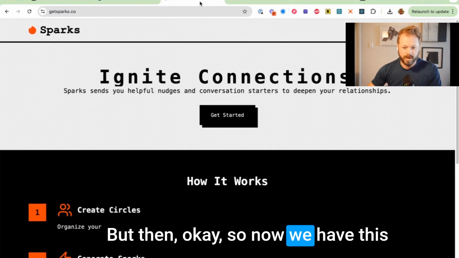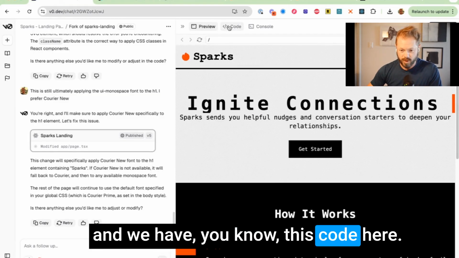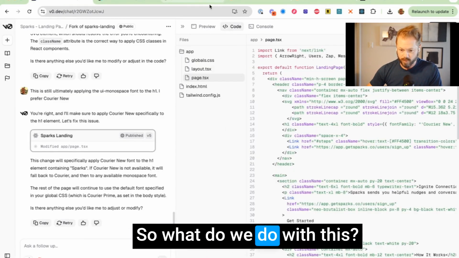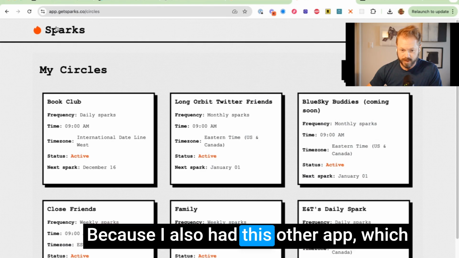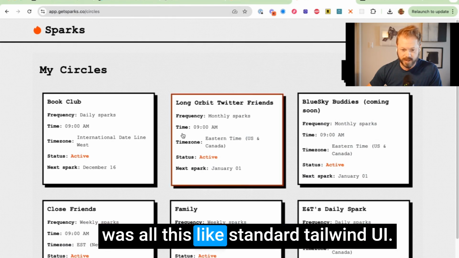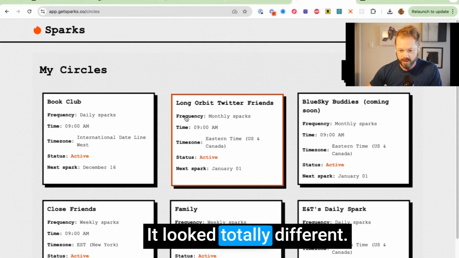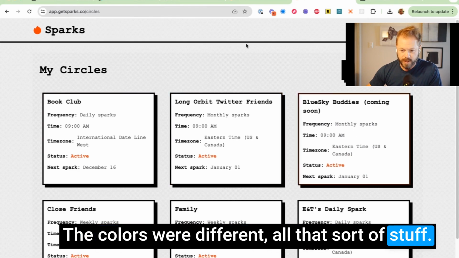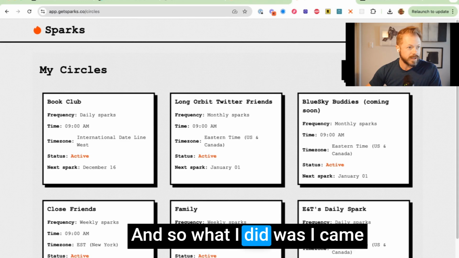But then, okay, so now we have this, and we have this code here. So what do we do with this? Because I also had this other app, which was all this standard Tailwind UI. It looked totally different. The colors were different, all that sort of stuff. And so what I did